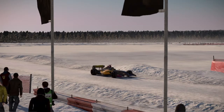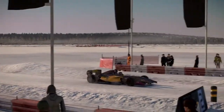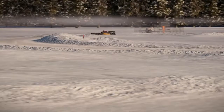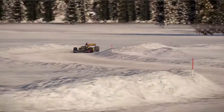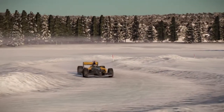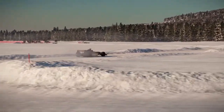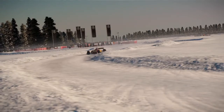And then finally, I had to take a Formula 1 car around this track, and I decided to go for the Formula Renault 3.5. Now, this thing is very interesting. These first couple of corners are terrifying with this car, because they're some of the slowest corners on the track, and when you're going really slow in this car,